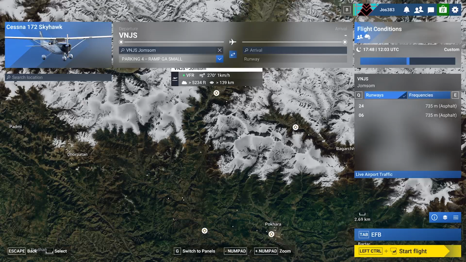I forgot to turn on the microphone, so I'm starting over again. Yesterday I crashed trying to get from Pokhara up the valley here and landing on this airport, Jomsom. I crashed here as the mountain was too high to scale. What I should have done was to go down near this airport and up the valley here. Today I'm going to do it the opposite way to prove to myself that that is